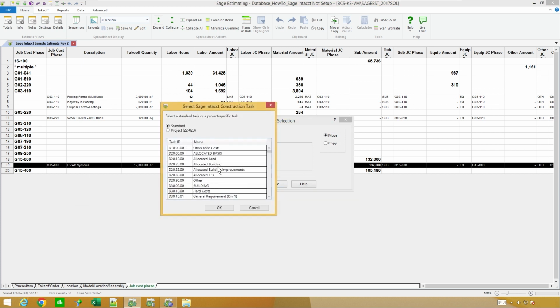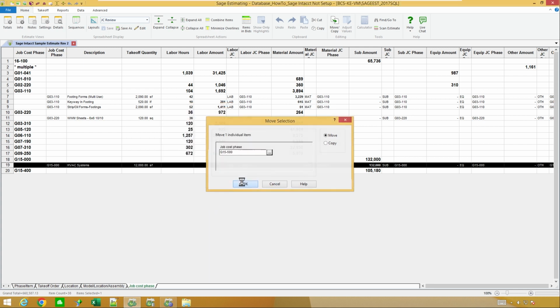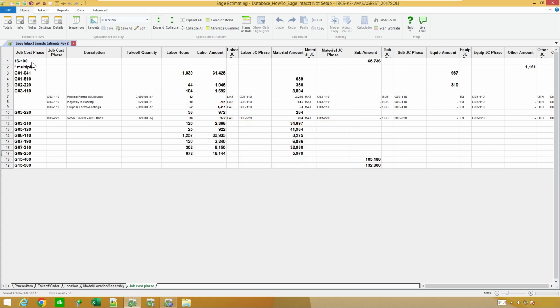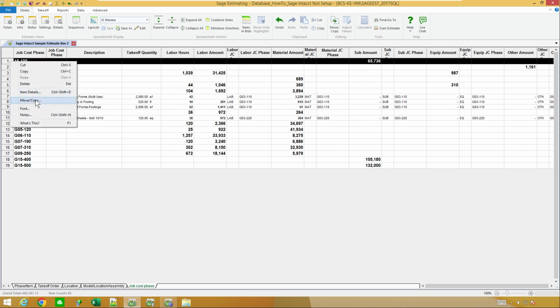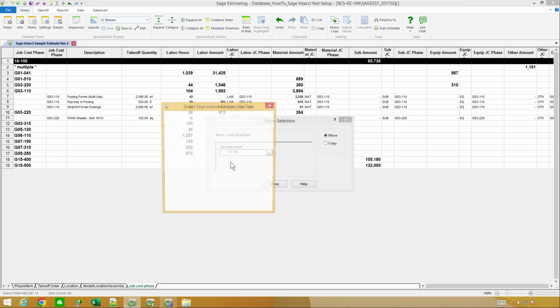So basically, like you saw there, if you put it to the wrong code, it's very easy to either move it somewhere else or drag and drop it to some other heading and so forth as you need to. So real easy to match up where your different cost codes need to be. I think that's all electric. So let's go ahead and say that's going to be move copy to.